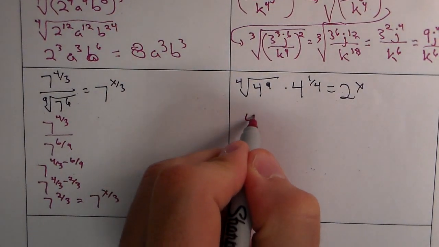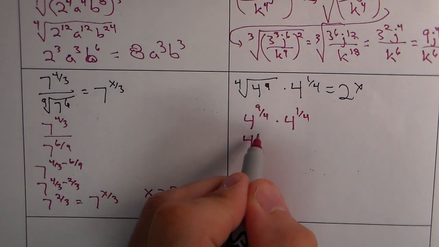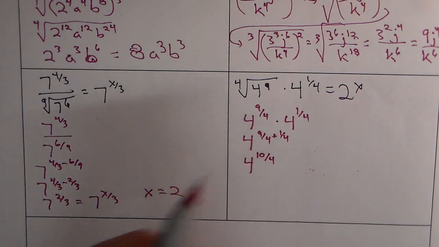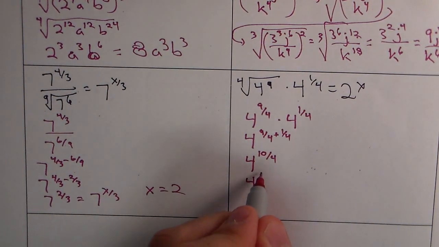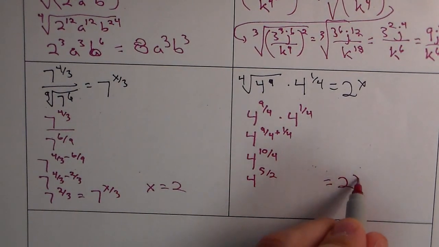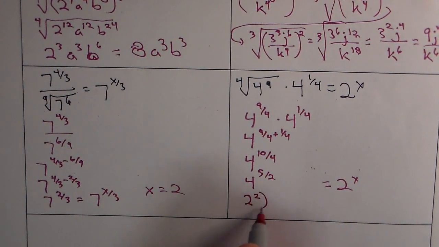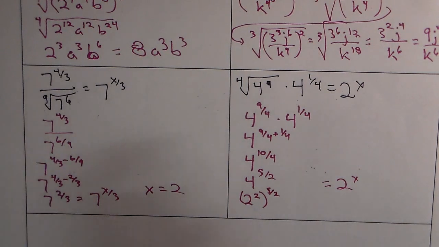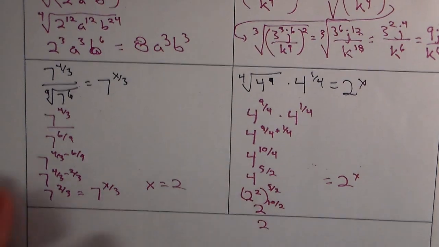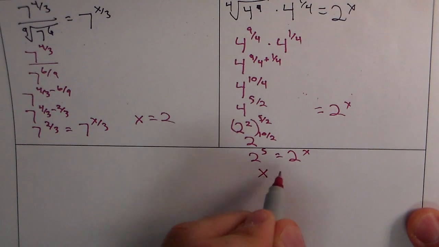The next problem, I have 4 to the 9/4 times 4 to the 1/4. Together, that's going to be 9/4 plus 1/4, which gives me 4 to the 10/4. Now I could reduce that and make it 4 to the 5/2. It's just a fraction that reduces. But over on this side, I have 2 to the x. Well, let's make the left side match 2. So if I change that to 2 squared to the 5/2, because that's what 4 is, it now becomes 2 to the 10/2, or 2 to the 5th, equals 2 to the x, so x equals